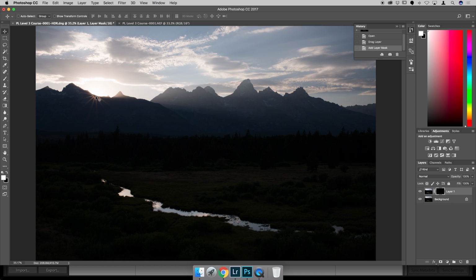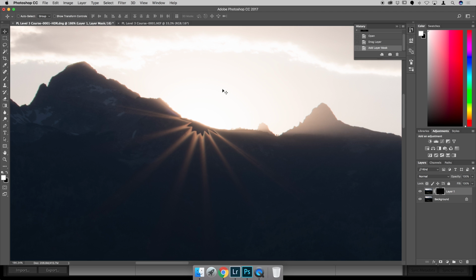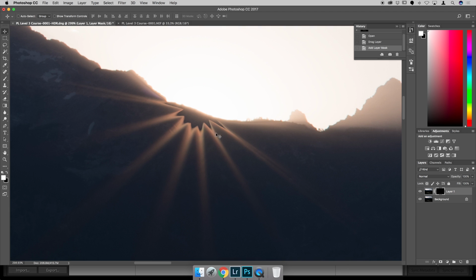I'm just going to zoom in on the specific part where the sun is. And as you can see, this little lack of sunburst in the middle is looking really weird, but that's going to be pretty easy to correct. So what I want to do now is go to the Brush tool, and I'm going to make sure that I've got white selected, which I already do, and now I'm just going to paint on the layer. And I'm going to paint white on the layer so that it reveals this top layer and masks the one below it. So as you can see, right there, it's a very easy post-processing step that I'm doing right now,